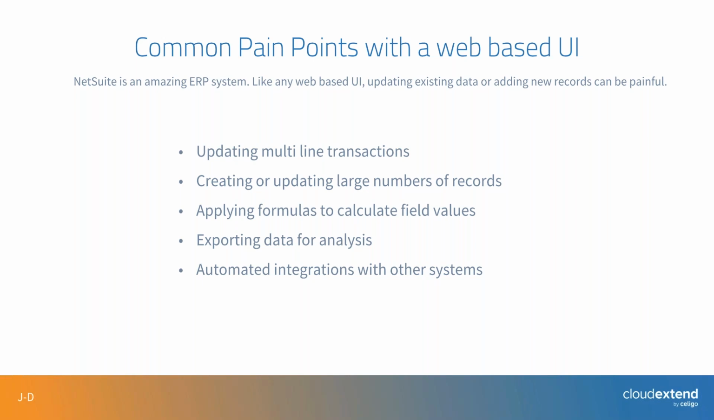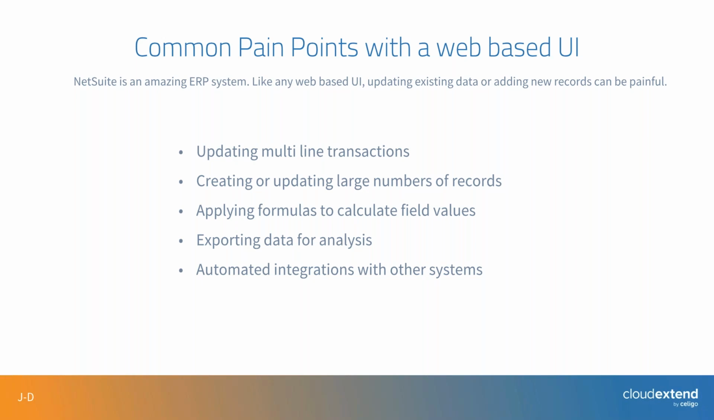Some examples, and again, feel free to chime in by typing in the chat your particular pain points, but some examples that we've heard of from colleagues, we've come across ourselves, etc., are updating multi-line transactions. Maybe that's a large journal entry, a sales order, a transfer order, etc. It can be time-consuming and flat out annoying at times to update a particular field or fields line by line